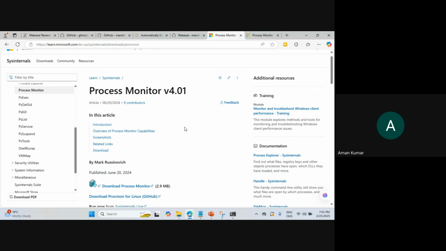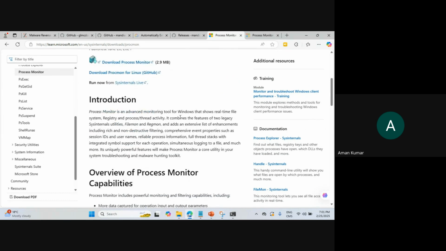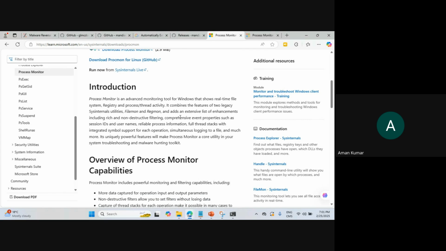If you want to download it, this is the installation link. After this we'll be able to download it like this. In this, as you can see, the first link is Process Monitor. What exactly is it doing? When we install Windows in our system,